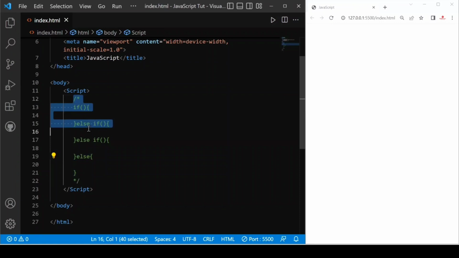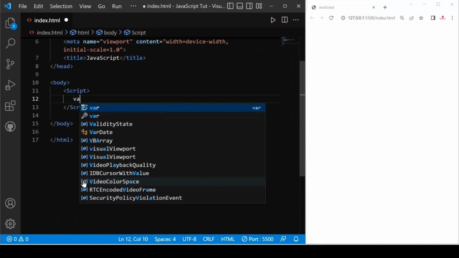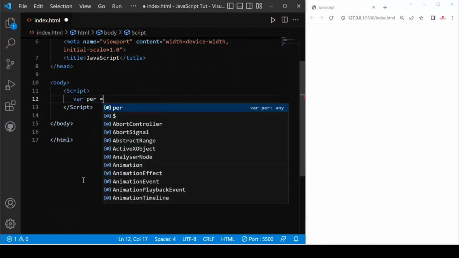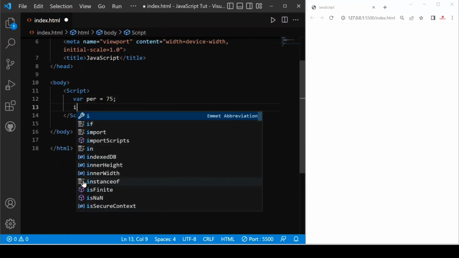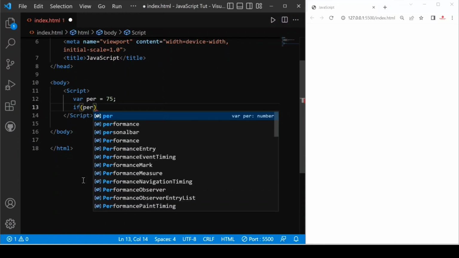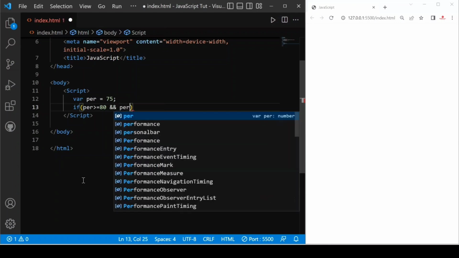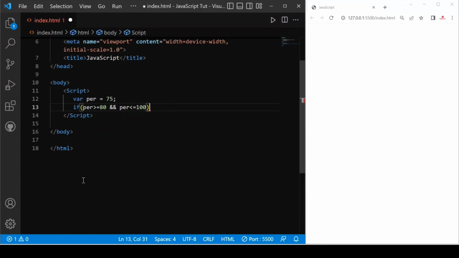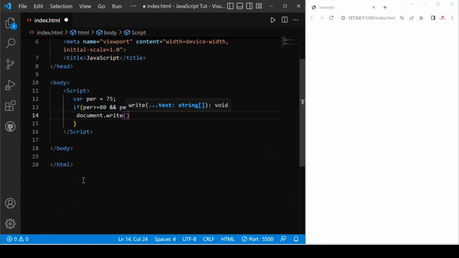Now let's see how we can do this with the help of code. For that we have to declare a variable percentage equals to 75. Now after that we provide if percentage greater than or equal to 80 and percentage less than or equal to 100, print document.write merit,